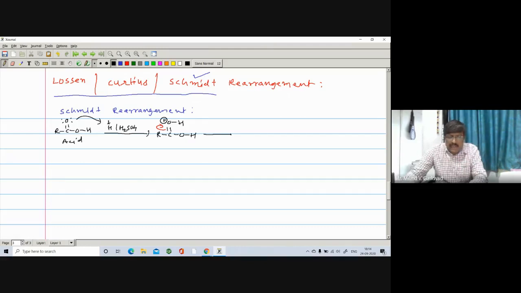And here you can get R, C, here is O, H, here is O, H, right? And this carbon becomes a positive, right? Actually, we cannot isolate it, but here I am writing just for your understanding. And then the reagent in this case is this one. This is called a reagent.